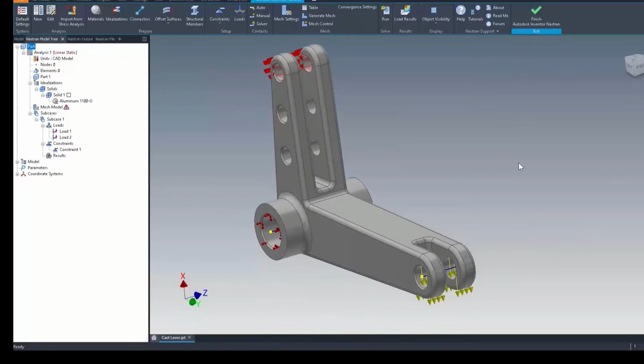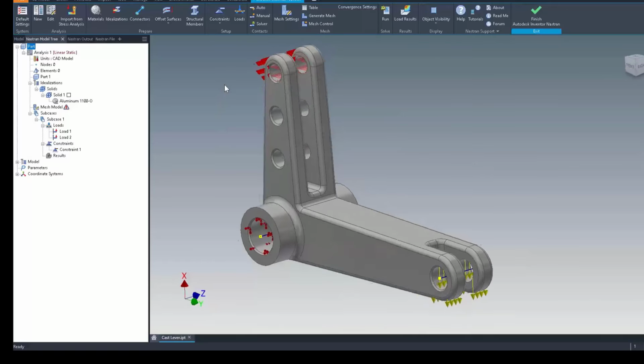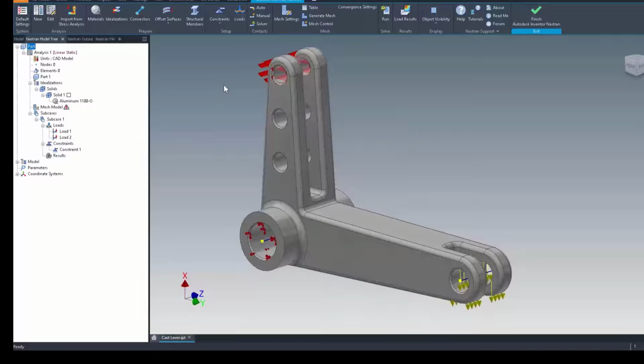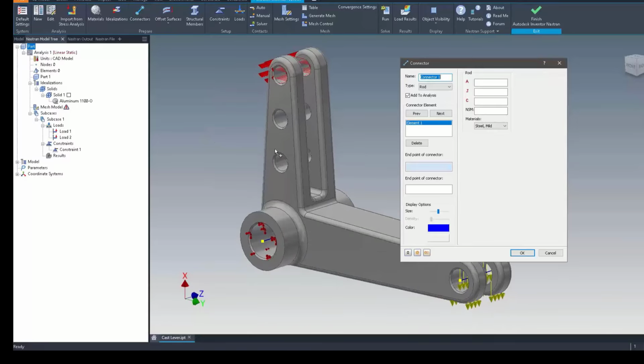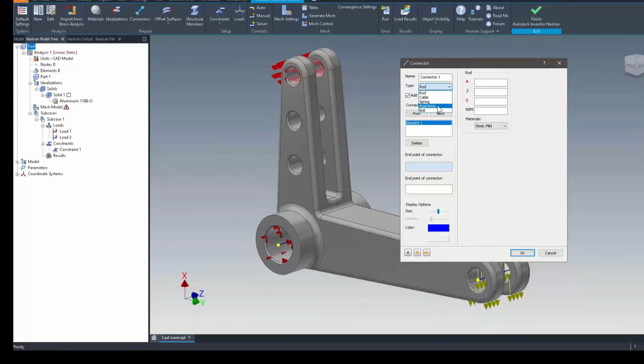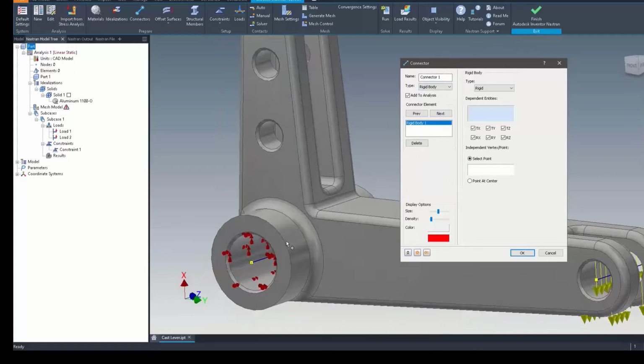Okay, so I've got the constraints, I've got the material, I've got the loads, I've got everything checked. This is a single piece part, so I don't have to worry about any kind of assembly contact going on here. The other thing I might need to do is mesh it, but I think what I'm going to do first, just so I can really lock this in, is I'm going to come back and apply a rigid body connector